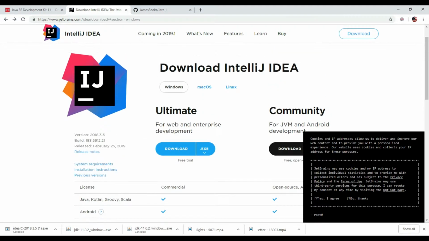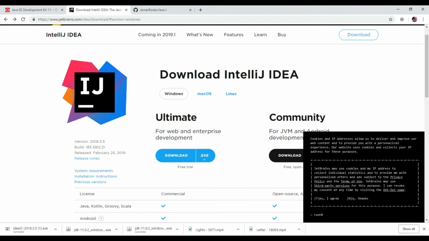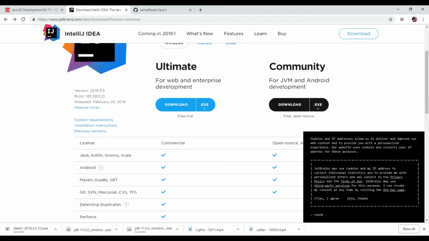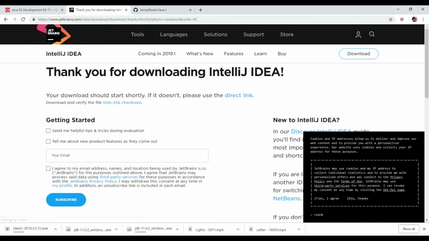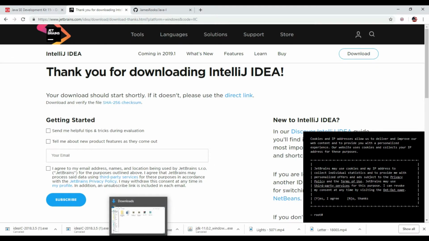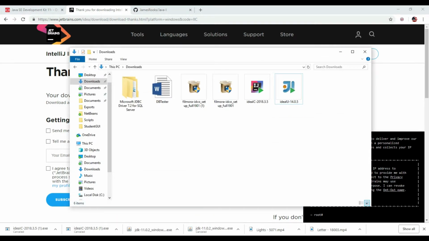which this is the website you're going to want to go on. It's called JetBrains, and there's two different versions. There's the Ultimate version, which costs money, and then there's a community version. For the beginning of these tutorials, we're just going to work with the community version. So go ahead and click the download button here, and that'll start the download. I've already got it downloaded, so I'm going to cancel it, but that'll start the download, and you'll get one